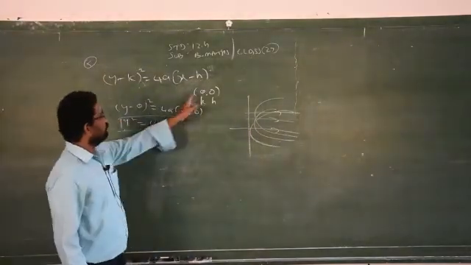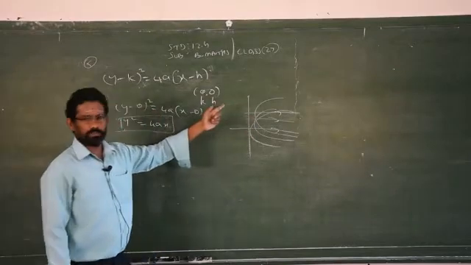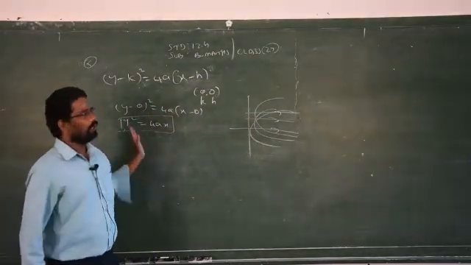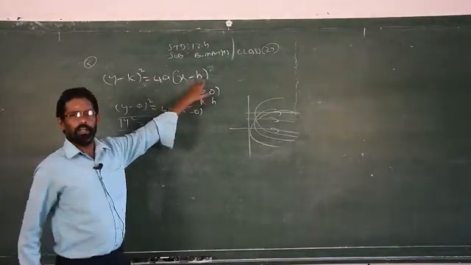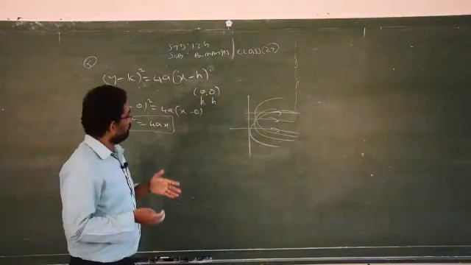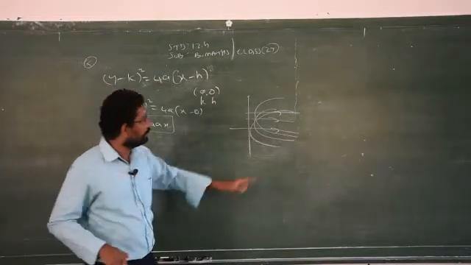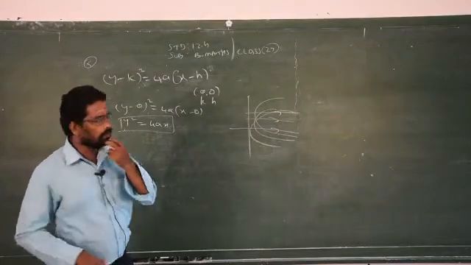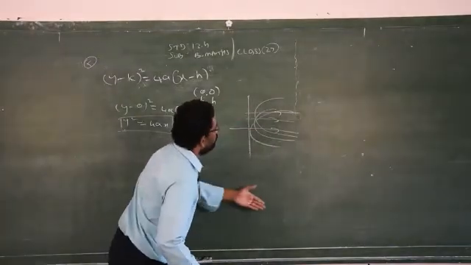When the center is (0, 0), you will get the standard form like this. When the center is some other place, maybe (1, 2), you will get a different answer. Clear? So you will get different parabolas by replacing k and h, but all those parabolas' axis should be parallel to the x-axis. So you have to find the differential equation for these types of parabolas.